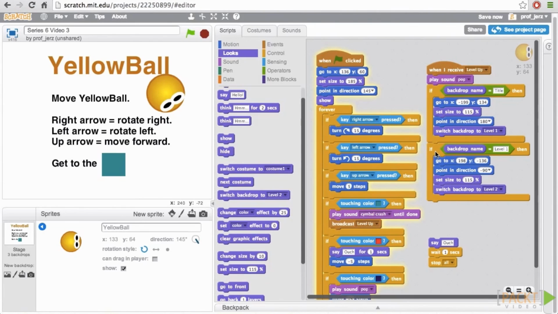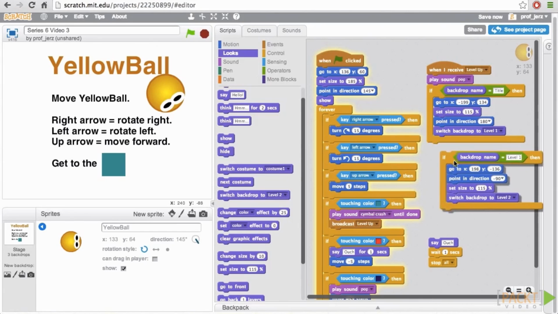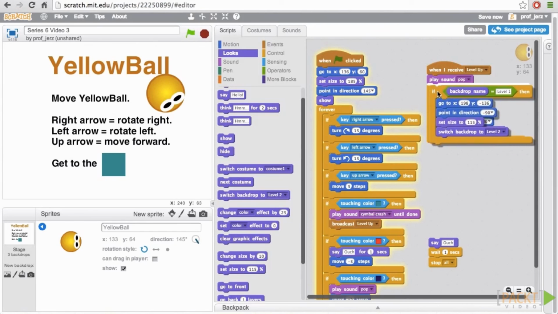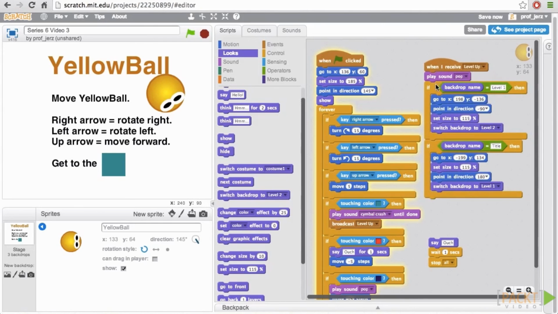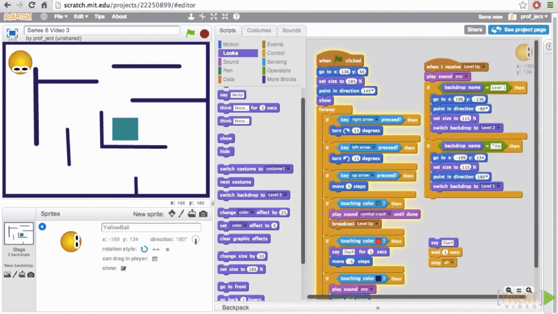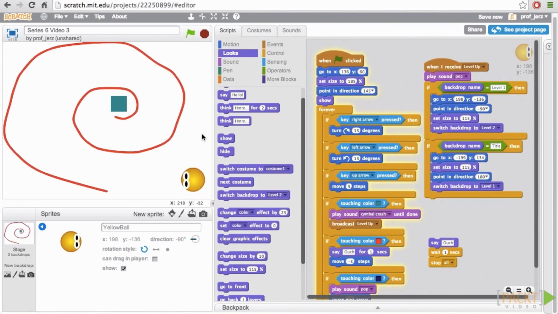So the switch is actually pretty easy. All we have to do is take this block and insert it up here. So we'll just have to make sure that we always remember to check for the backdrop name in reverse order. As we add new levels, we have to add them in at the top of this list rather than at the bottom, and that will avoid the problem. So let's check that again. We're running this again, and we see level 1 as we expect, and then now we see level 2